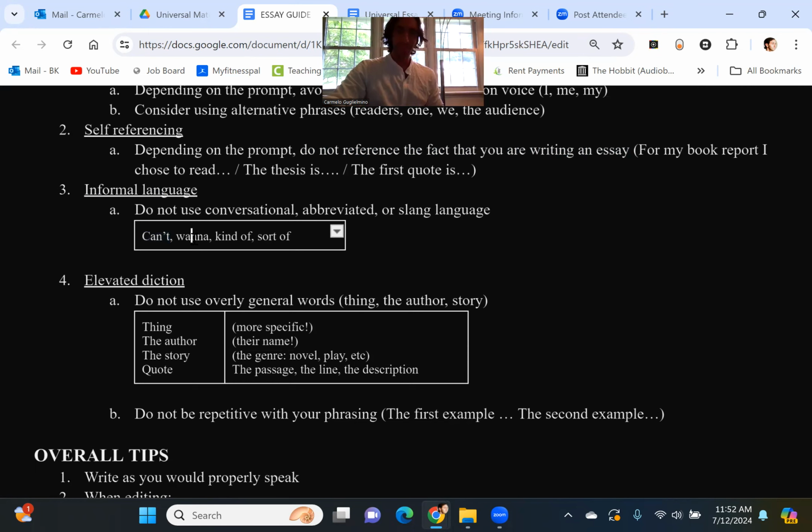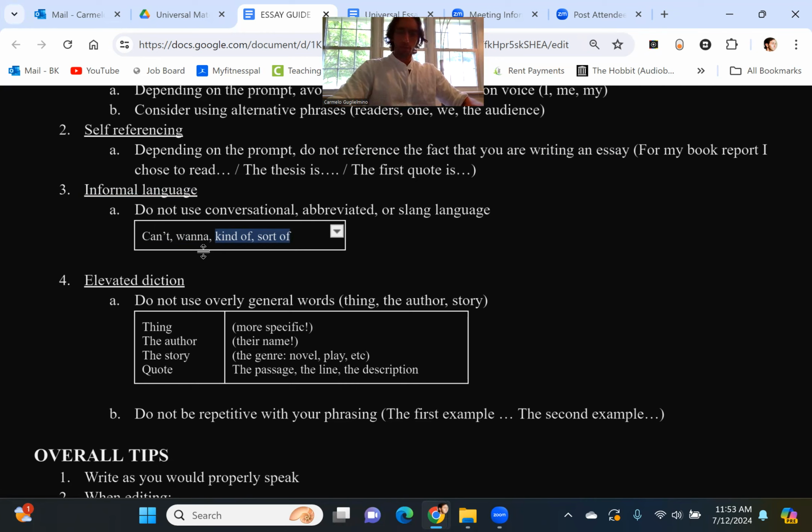Do not use words that are essentially slang, like things you would see when writing a text message to someone, like I wanna, I'm gonna, you shoulda. That's really informally abbreviated because it's not even following a grammatical rule. It's just a totally abbreviated slang term. Also phrases like kind of and sort of. There are a lot more examples, by the way, but I picked these because I saw them commonly in the past year I was teaching.